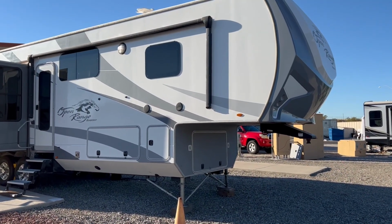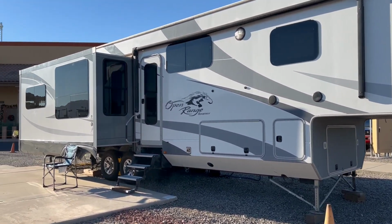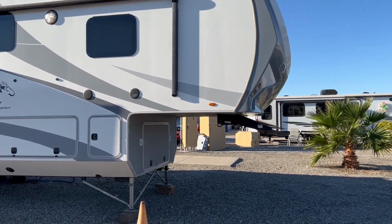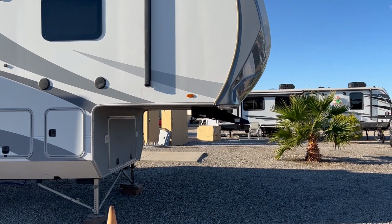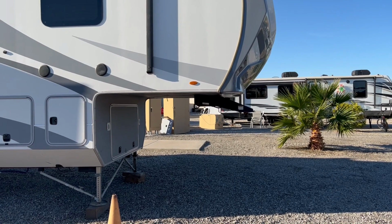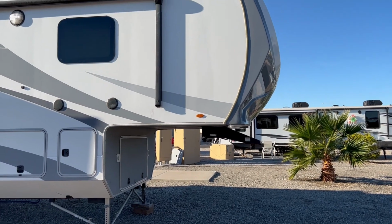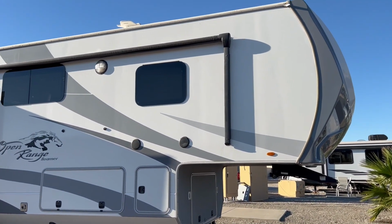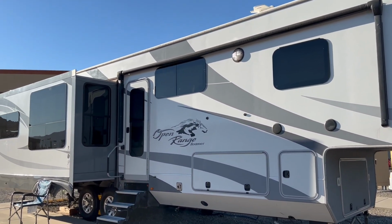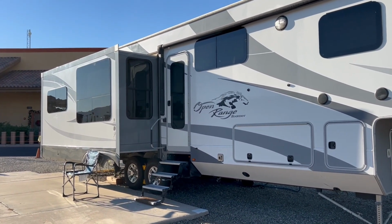All right, so then the next category is fifth wheels. And if you see here, this is a fairly good size fifth wheel with a nice slide out on it. Fifth wheels have this big section that comes up and actually sits inside the back bed of the truck. And usually within the fifth wheel, that's where the beds are. Sometimes you'll have the living room up there, but they are usually a lot taller rigs and also a lot bigger, a lot more storage, a lot heavier,